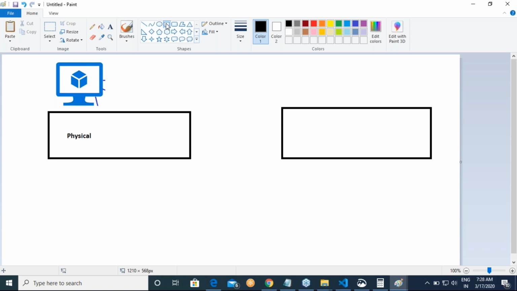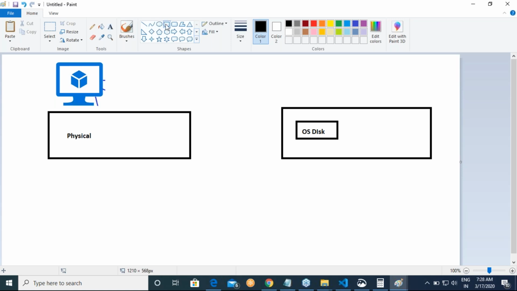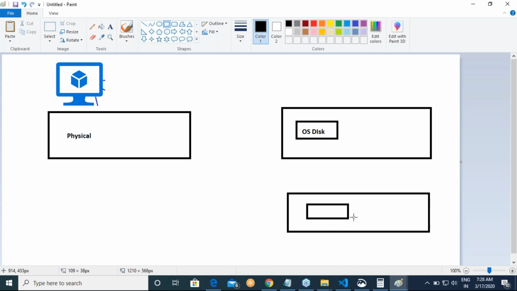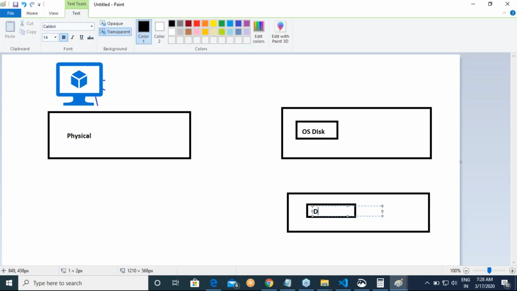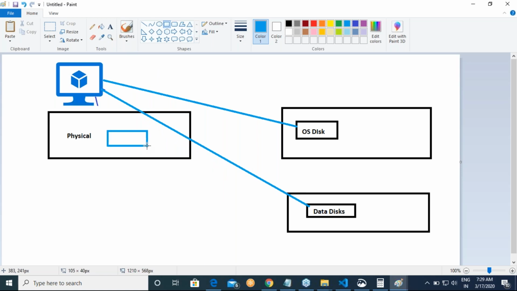And then your OS disk, let me write it as OS disk, and your data disks are basically not from the same physical server, they come from a different physical server. So for example, OS disk might be mounted from this physical server, data disk might be mounted from this physical server, but this ephemeral disk will be mounted